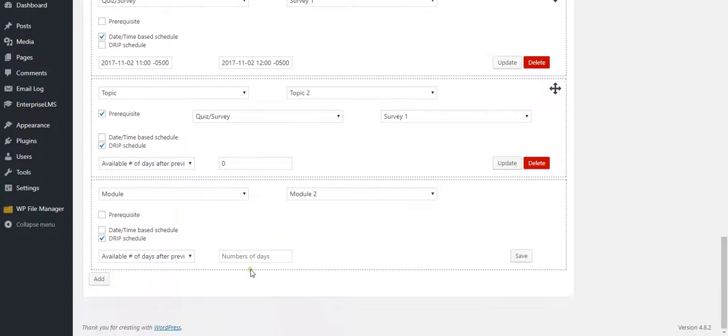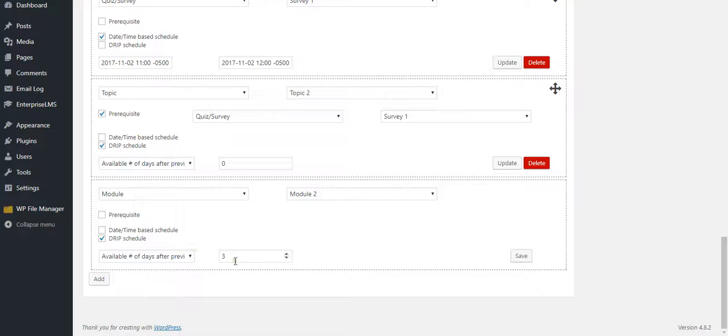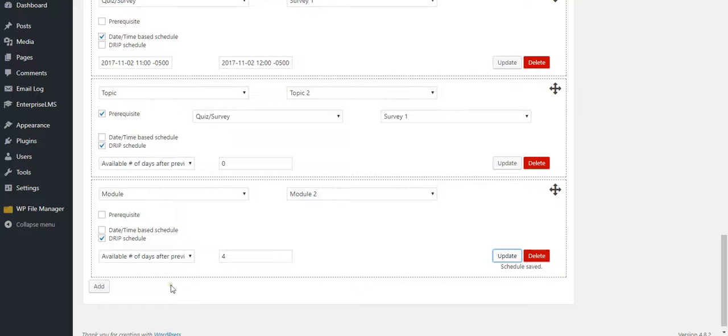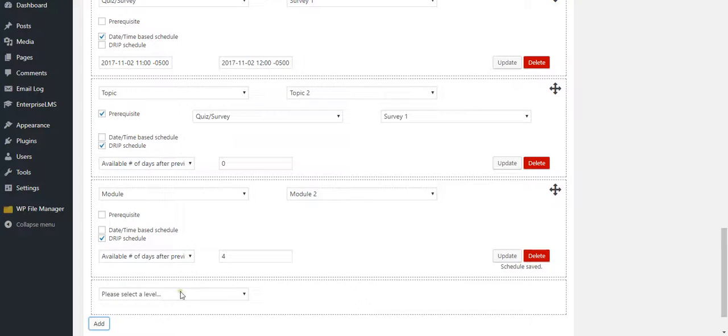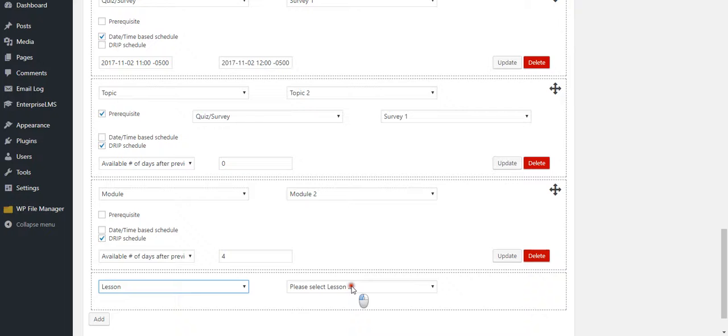Gives them Friday off, huh? So we're going to start topic 2 3 days after the previous one. So 1, 2, 3, so 3 days after. We'll do 4 days after. There we go. So there's module 2, and then within module 2 again we might have lessons,